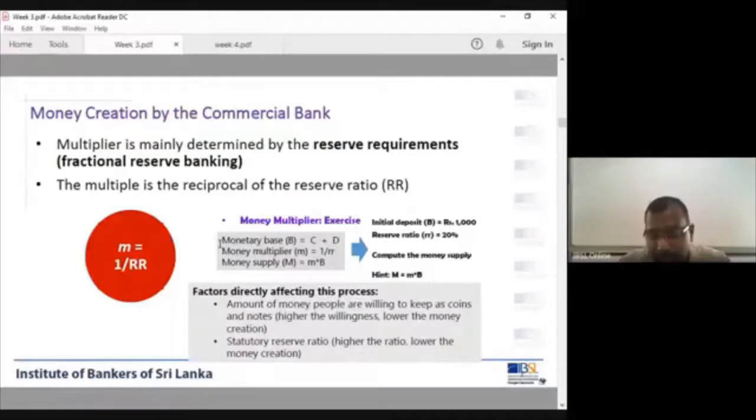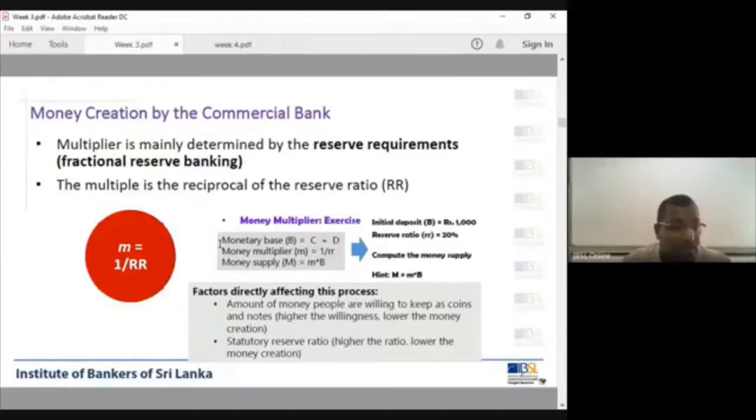The relationship between base money and the total money supply in the economy is given by the money multiplier. If you simply divide broad money supply, that is the total money in the economy, by base money, you get the money multiplier. For example, if you have 5,000 broad money and you divide it by base money, which equals 1,000, 5,000 divided by 1,000 equals 5. That is the money multiplier. I hope you remember and are well thorough with that.